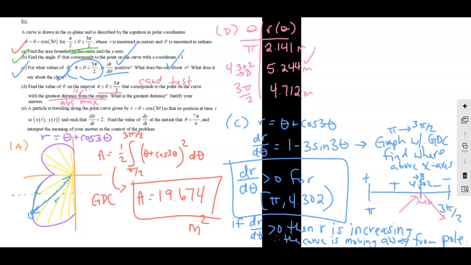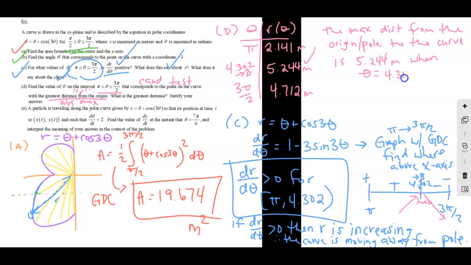That's the maximum. So let's just write out the sentence. The maximum distance. Let's see, how did it phrase it? The greatest distance to the origin. The maximum distance from the origin. Did it say origin or did it say pole? Pole to the curve. I wrote it backwards. Oh my gosh! I'm really glad today's Friday. From the pole to the curve is 5.244 meters when theta equals 4.302